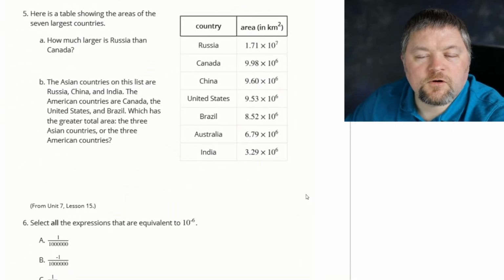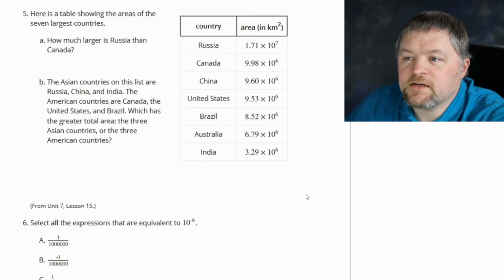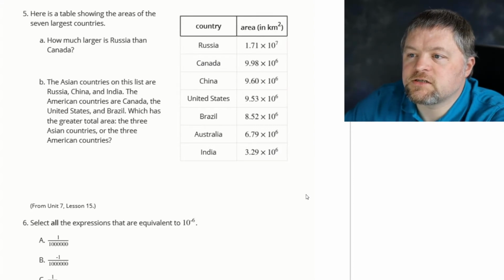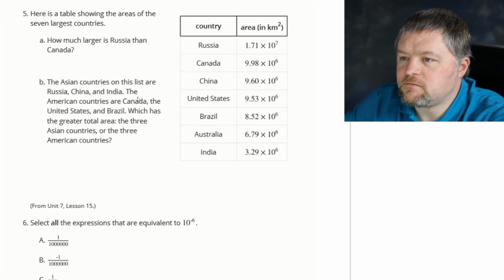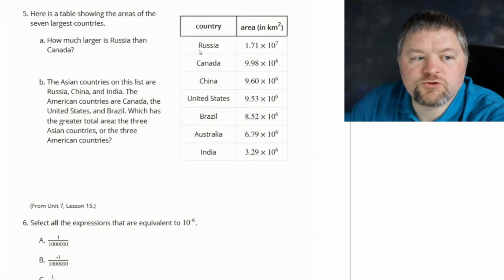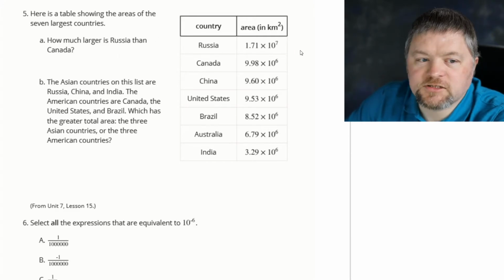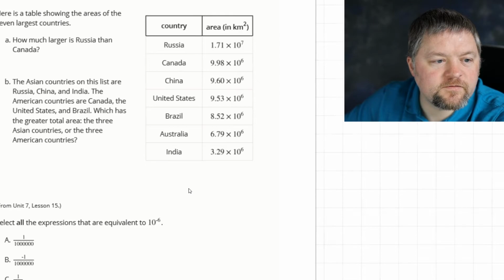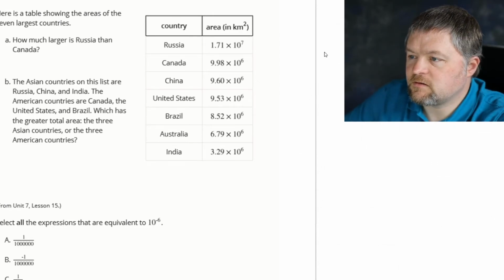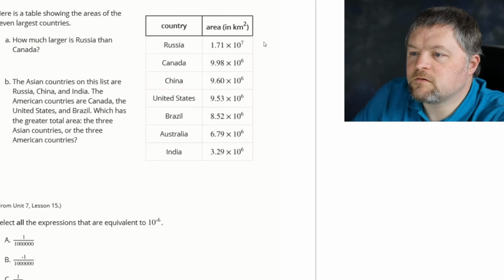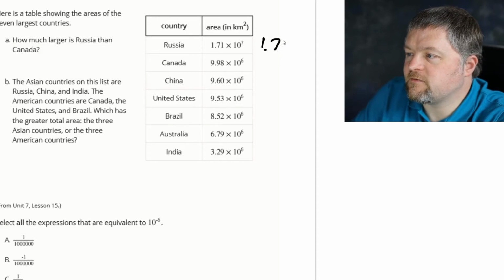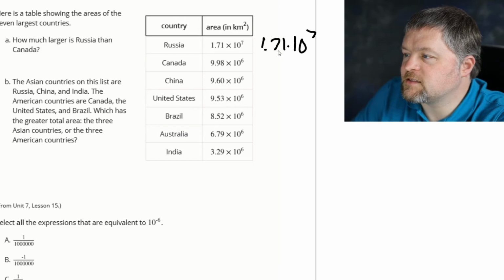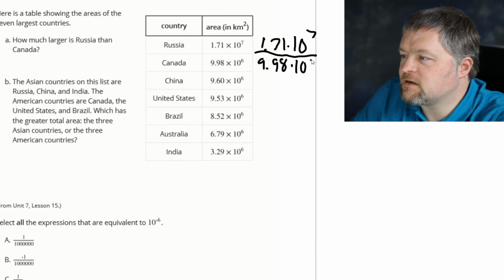Okay, our next question. Here is a table showing the areas of the 7 largest countries. How much larger is Russia than Canada? Well, that's just a division problem. Let me scooch this over so we have a little more space to work. We would have to do 1.71 times 10 to the 7 divided by 9.98 times 10 to the 6,